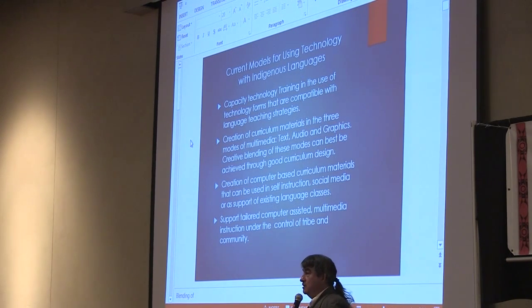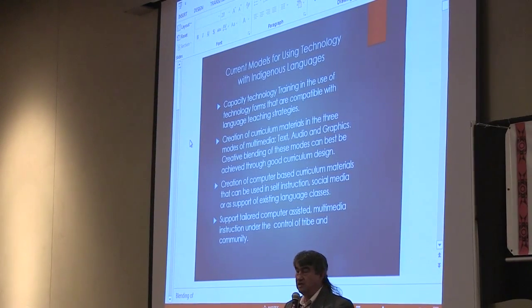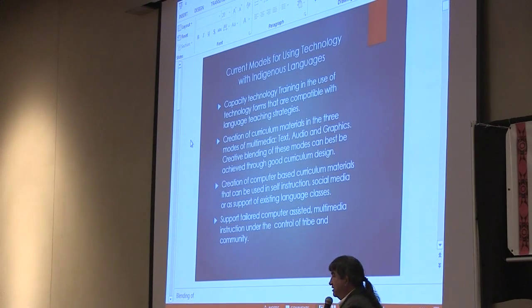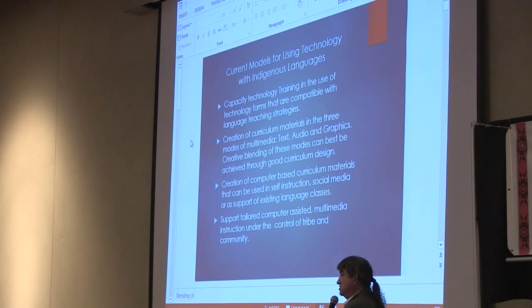A lot of the work that happens in ALDI these days is, they take groups of different language instructors and help them understand how that technology works, how to create basic lessons using technology, and then they explore different ways of doing lessons using technology-assisted language instruction. So that's been one model that's been used quite often.